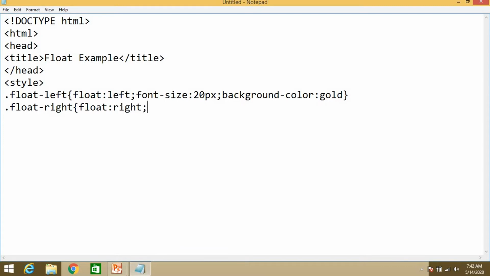Here font size 20 px, and then the background color should be the same, gold. Now we have applied both the floats over here, left and right. Next, close the style tag.